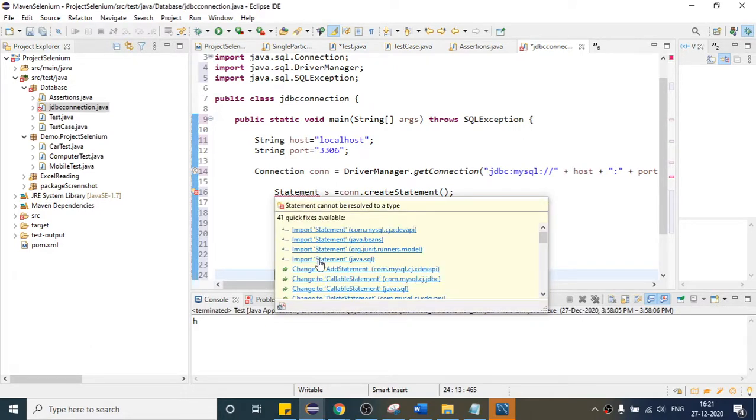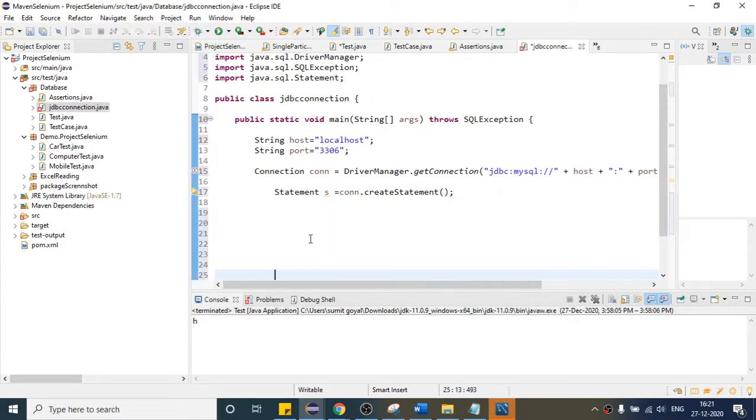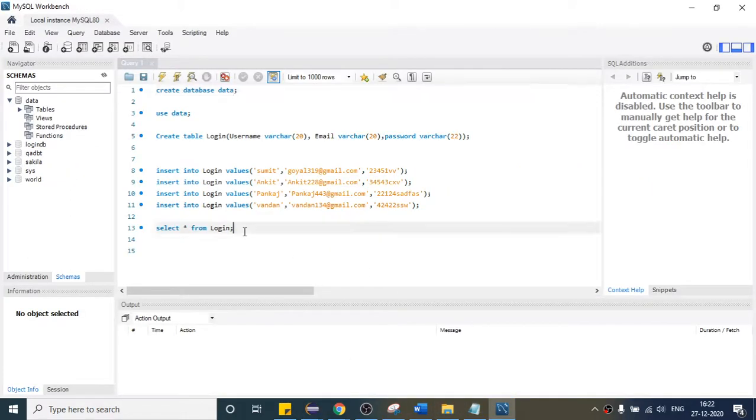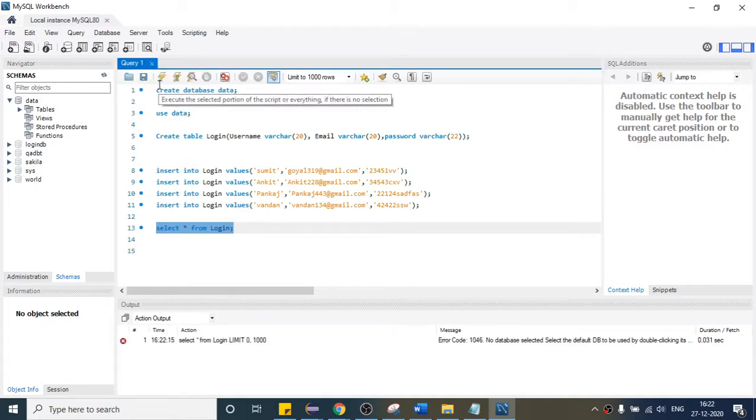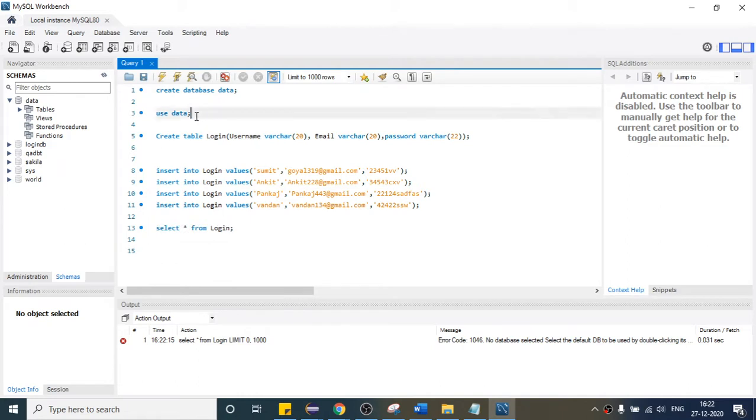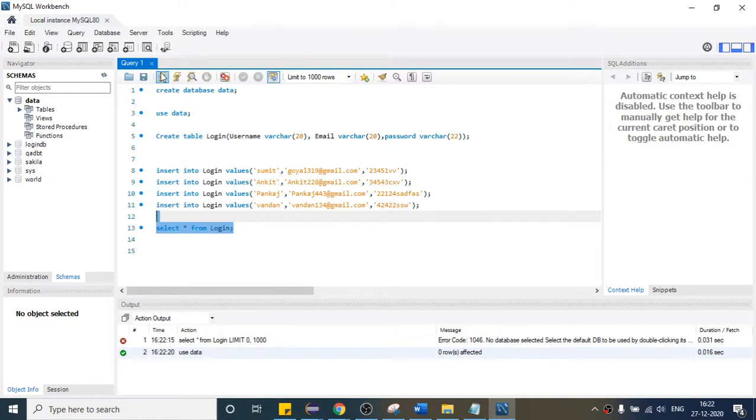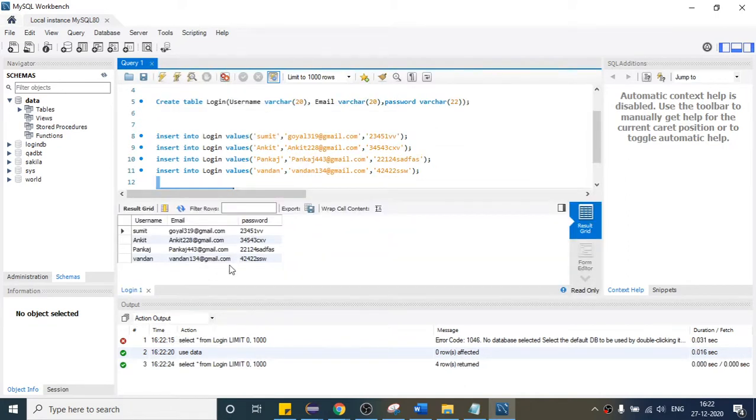So we have to work with this one, right? So go with the fourth one, java.sql. Now this s, whatever it is, is our object. Now this will help you to create one query. If I want to get all the data, this is one query I am writing here. If I execute this one, first select this. Now if you execute this, it will give you all the data. So this is the whole data we got if we run this query, right?